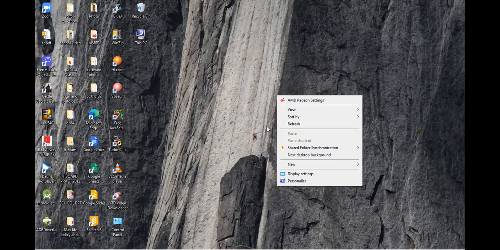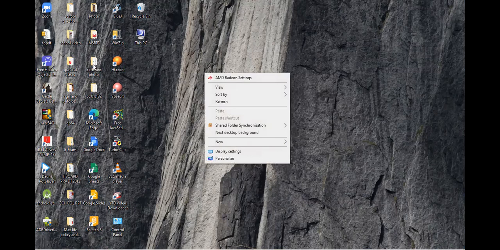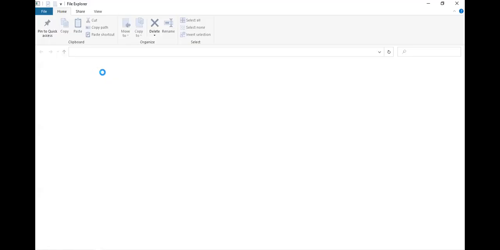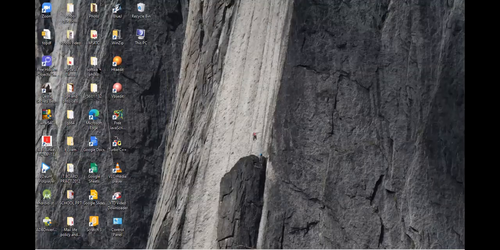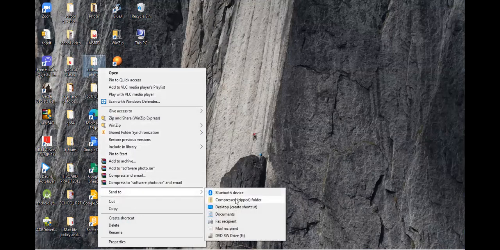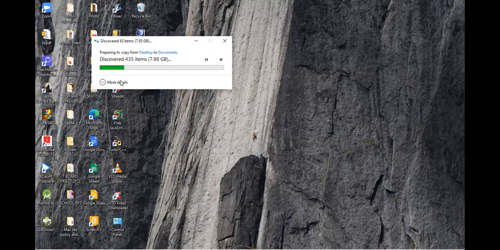And then copy and paste. If you want to copy a file and folder, or move a file and folder, at that time also you have to use this shortcut menu. This pop-up menu will help you to make a copy, and this copy you can send to the desktop or documents. So let's see, we are moving this file folder to the documents and check it in the documents.